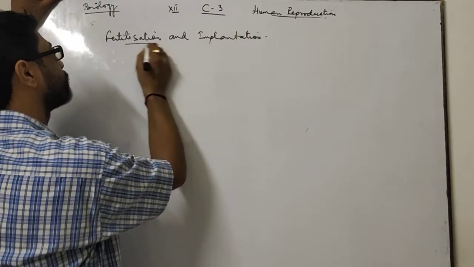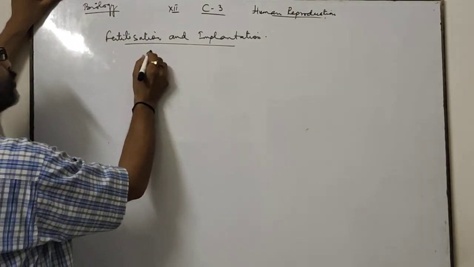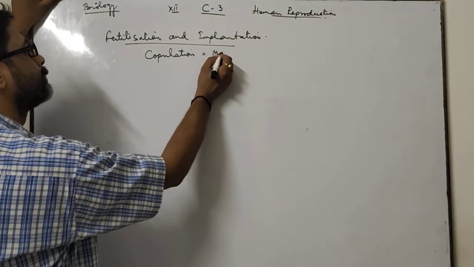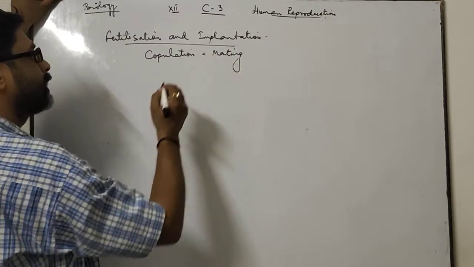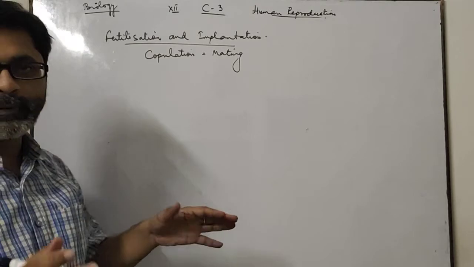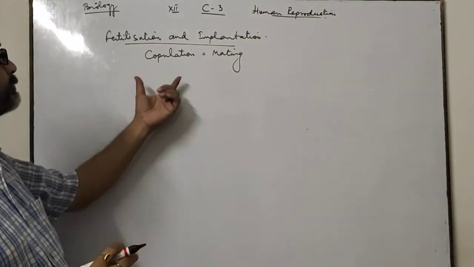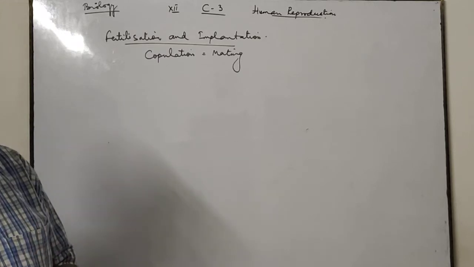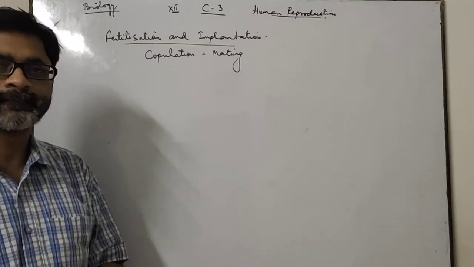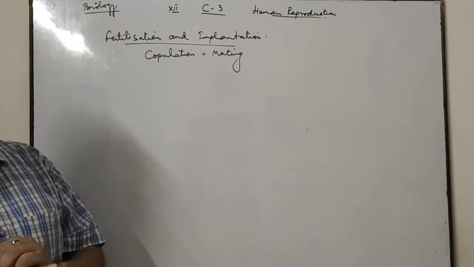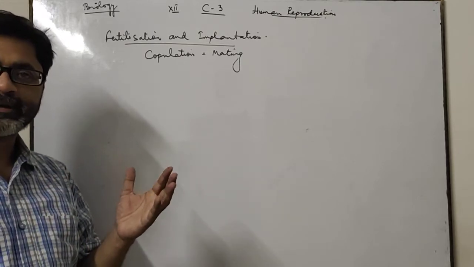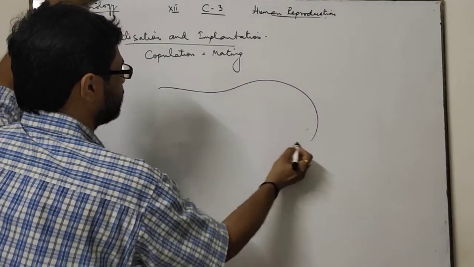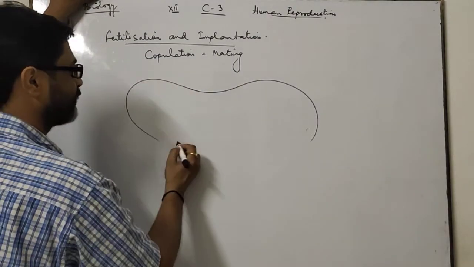You know that during copulation or mating, male and female meet together, and the male enters its penis in the vagina of the female and releases semen. The semen contains a large number of sperms. When these sperms are released within the body of the female,